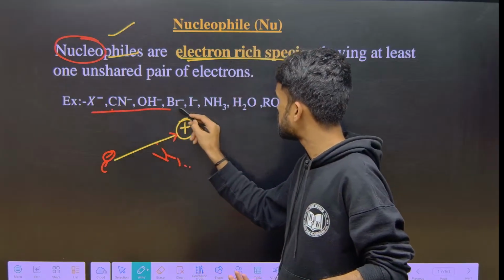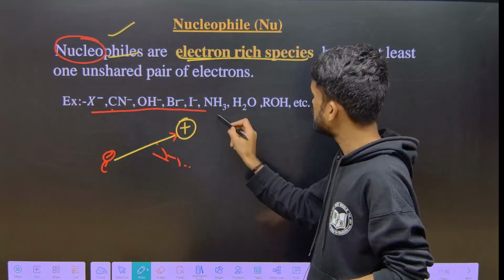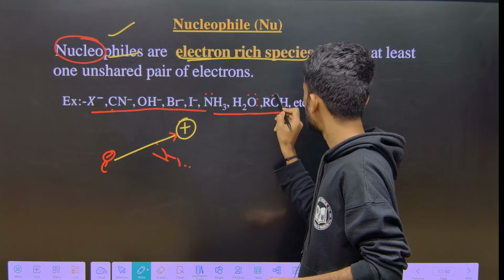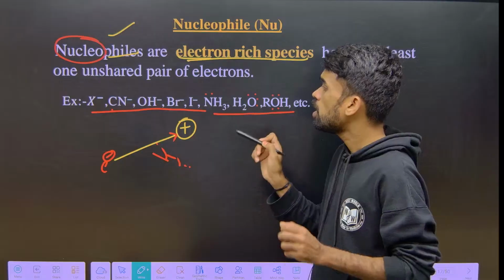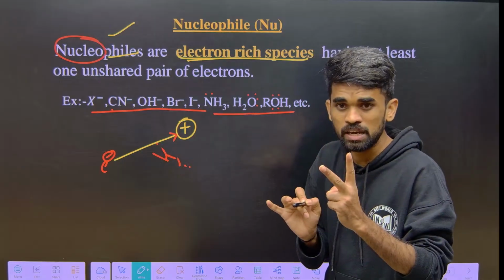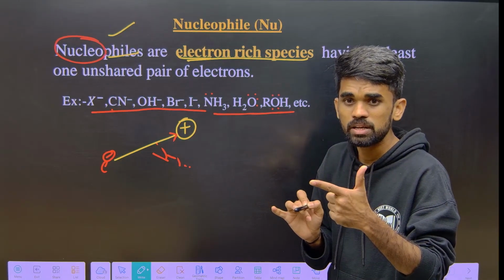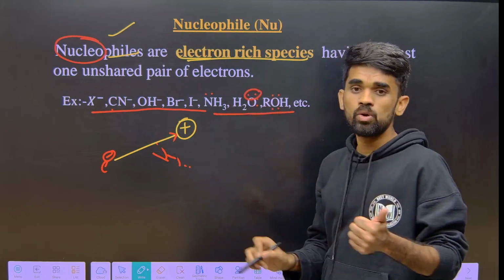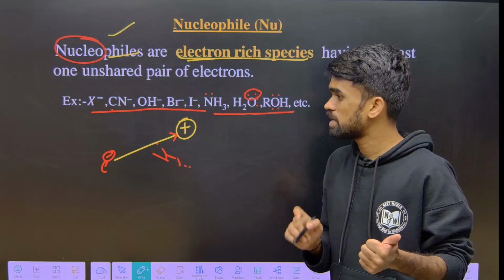All of these have some negative charge, and these are neutral, but they have non-bonding electrons. So nucleophiles are of two types, either negatively charged or neutral. If they are neutral, they should have lone pair or non-bonding electrons, then we can consider them